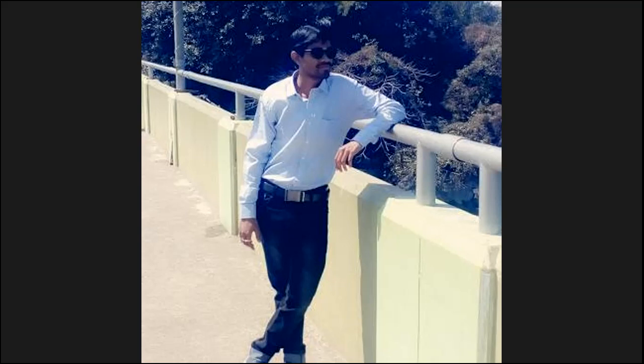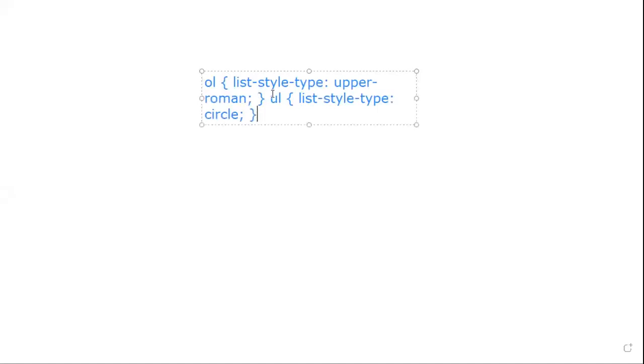So how can we write the code of the unordered list and ordered list with the help of CSS? How can the code be placed? In that scenario, the code looks something like this. In the ordered list we mention list-style-type, and then whatever type we want to use in the ordered list.